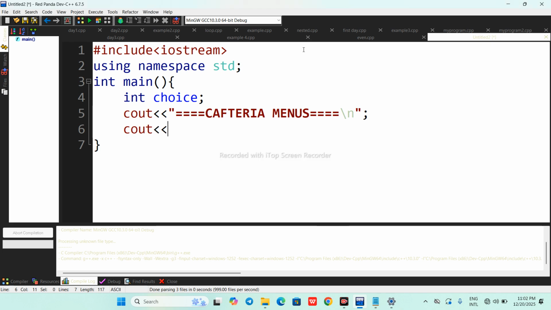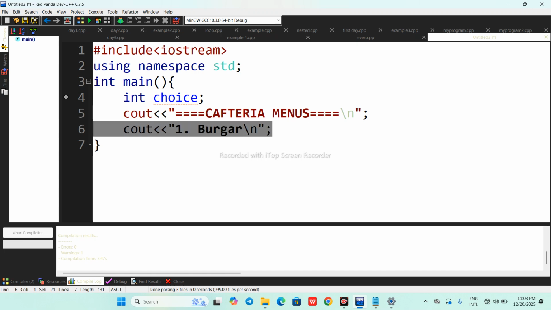Then cout, one, burger. In case of a menu, the next item should be on a new line, so here we can simply copy and paste.